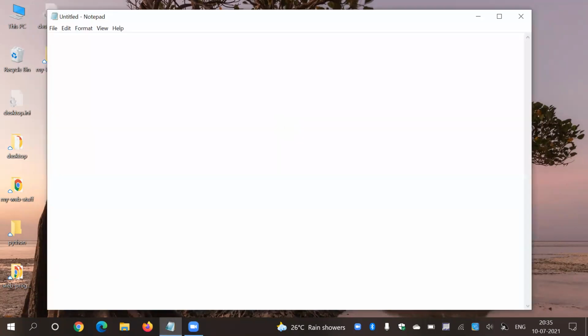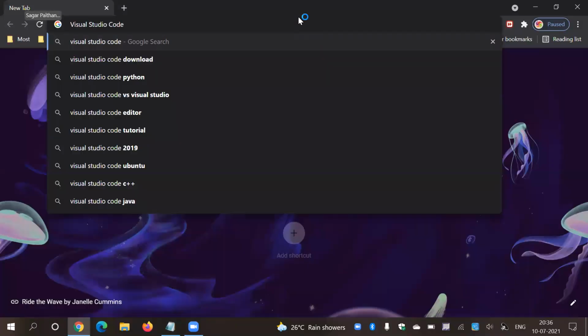First part was installation. In installation, I said that two things that you need. One is the basic thing that you need, an IDE. IDE means integrated development environment, like Dreamweaver or WebStorm or Visual Studio Code, anything that you want. But I mostly prefer Visual Studio Code, which is a really awesome IDE. So simply copy this keyword and open your browser, paste it over here.